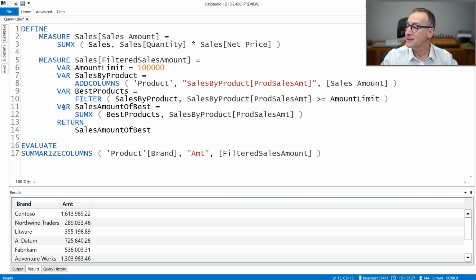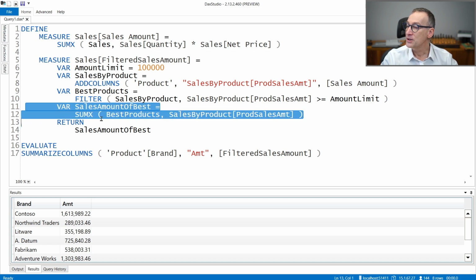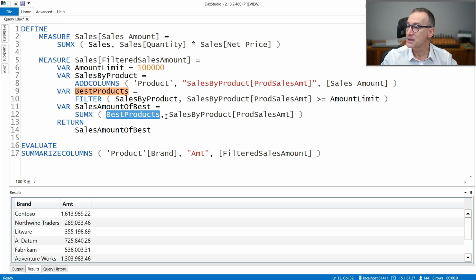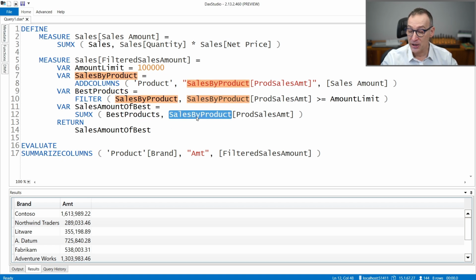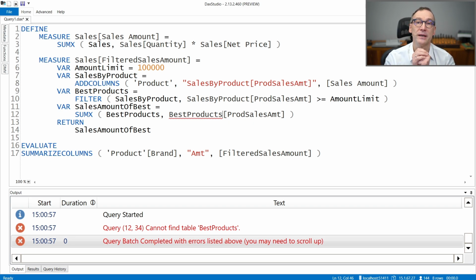The problem is that you can see it here. When I iterate over best products, I reference a variable that is in sales by product. So the name that I use here is not the same name of the table that I'm iterating. And I cannot use what I would like to do, which is write best products here. If I try to run that again, I obtain an error because I originally named the column with the variable that contained the column for the first time. So despite being really intriguing, this is not a viable option.